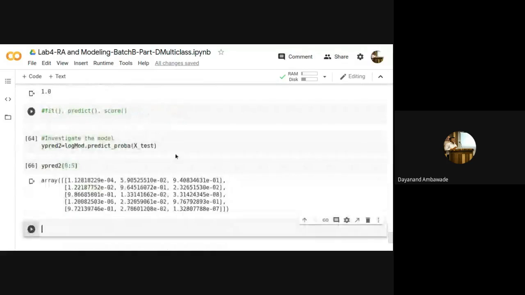First 5 values I'll just show you. See, look at this. Probability of X test. This is 10 raised to minus 4. Means setosa, with respect to setosa, 1.12 into 10 raised to minus 4 probability. This is with respect to versicolor. It's a 5.9 into 10 raised to minus 2. Means 1000. So if I take this,